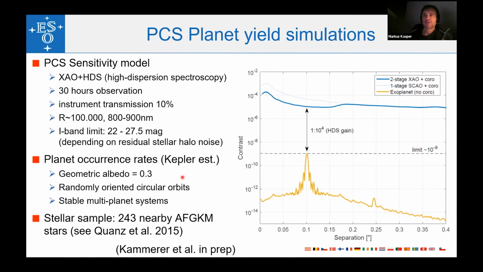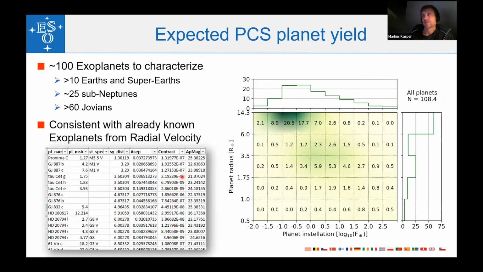For the planets, we assume occurrence rates that have been derived from Kepler statistics. There are a number of papers for different stellar types and planet types that provide the power laws. We assume a geometric albedo of 0.3, randomly oriented circular orbits, and we consider only planetary systems where the planets would be dynamically stable. The stellar sample consists of 243 nearby AFGKM stars, and